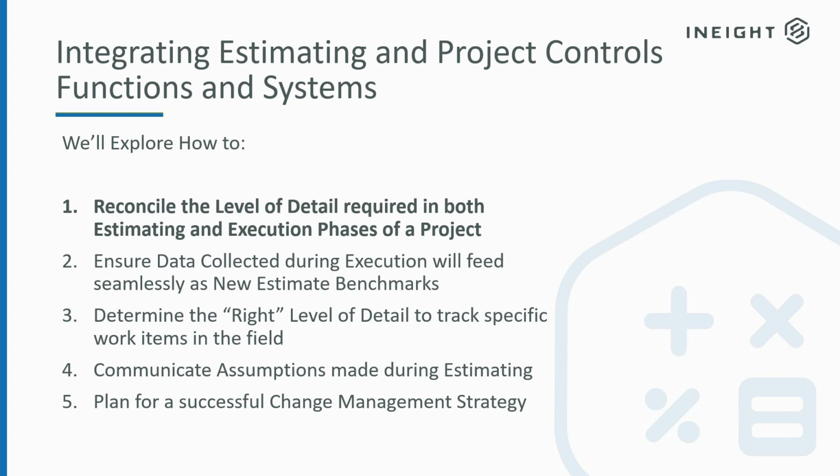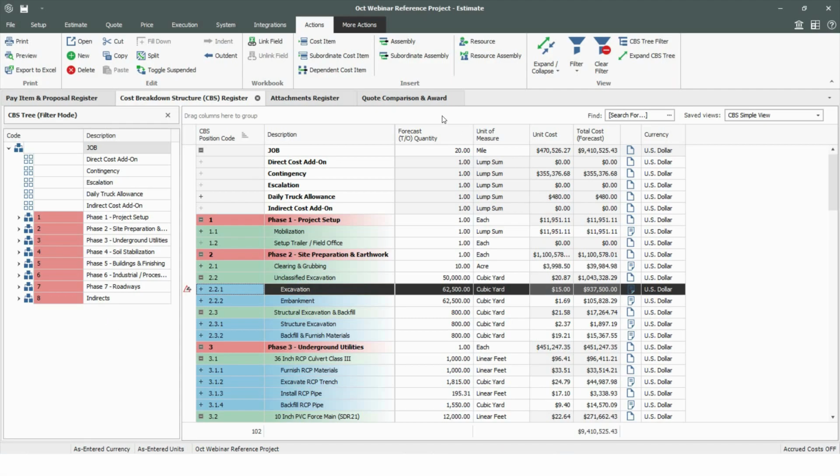And this might be difficult if we have limited information during the preparation of the estimate, but if the work is familiar enough to us, we can certainly model out the project, for instance, by area or by phase as we're putting the estimate together. So let's hop into the InEight estimate tool here, and we're going to take a look at what this might look like. Okay, so here I've got a project that,